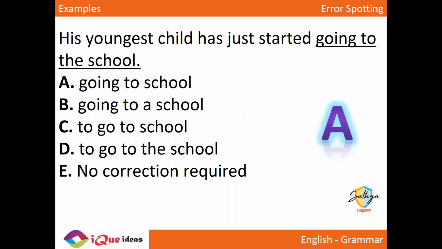That's it. Going to school means he has started his education. He has started his formal education. So we don't say going to the school. We say going to school when it indicates the start of formal education. Yes. So when we say I'm going to school, it does not mean आप literally एक school जा रहे हो. It means आप formal पढ़ाई कर रहे हो. So जैसे going to bed does not mean बिस्तर जा रहे हो. It means सोने जा रहे हो. So going to the school नहीं आएगा. It is going to school. There's no the in this particular idiomatic usage. ठीक है? चलो. Next one.